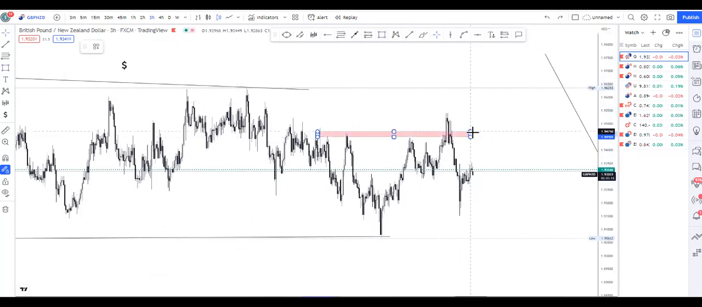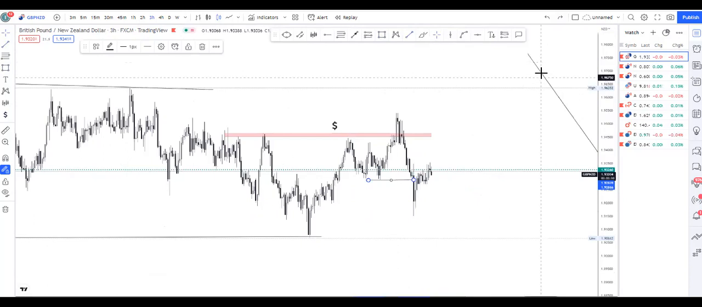It broke through all those areas, which was a major fake out. And right here, we had something like a break of market structure. And if we have a break of market structure, what are we waiting for? This should be a pullback to